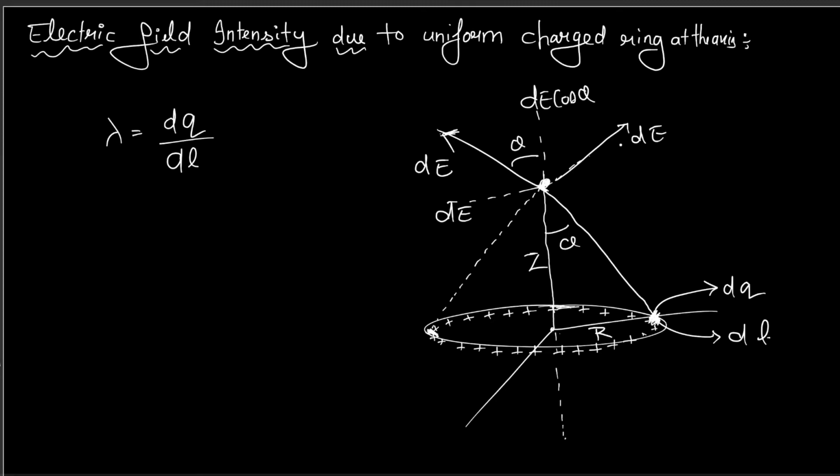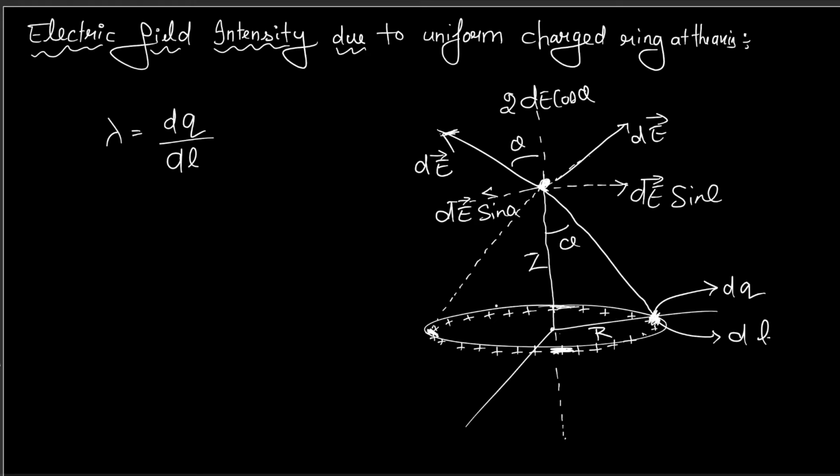And similarly, if you resolve this, you will get double of it, adding these vectors basically, dE cos theta, and sorry, the dE sin theta, and this is nothing but again dE sin theta. They are equal and in opposite directions. This is the dE vector, and this is the dE sin theta vector. They are equal in magnitude and opposite in direction. Then they will cancel out, and according to the dq element, if you integrate